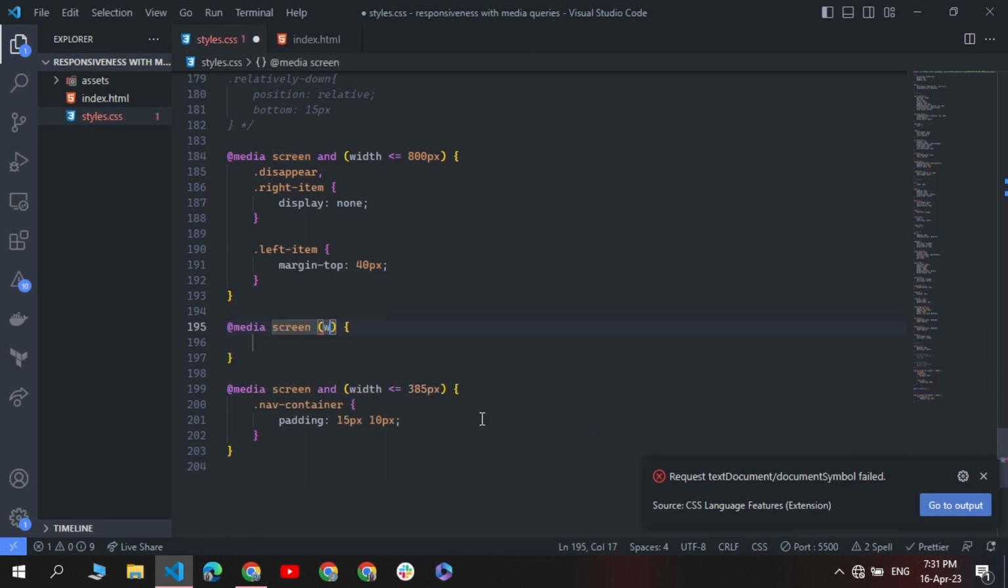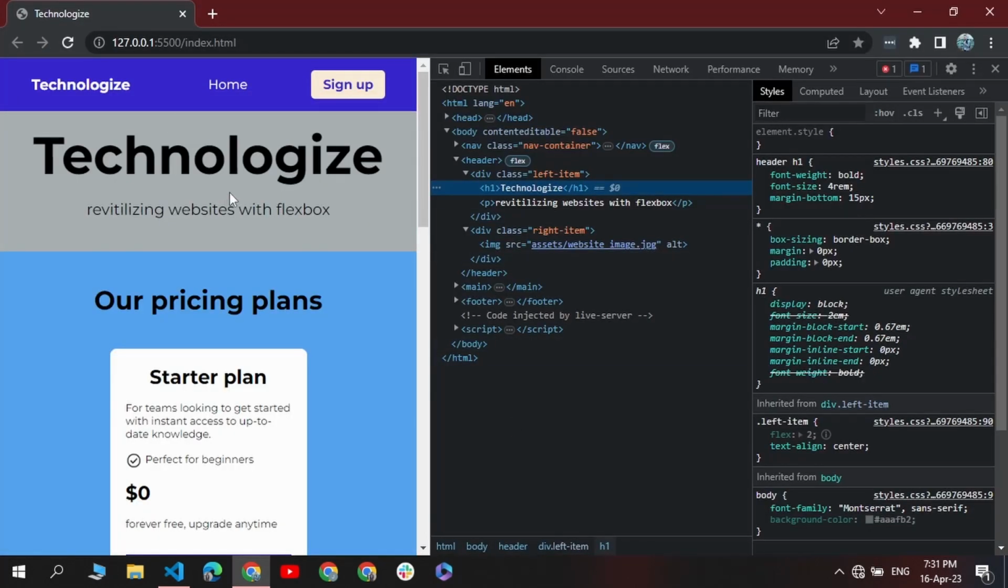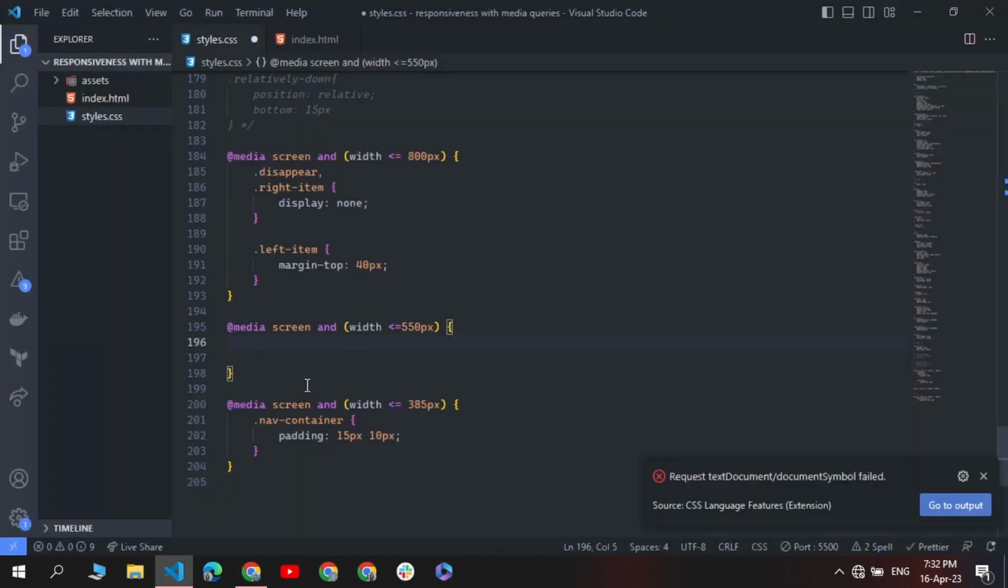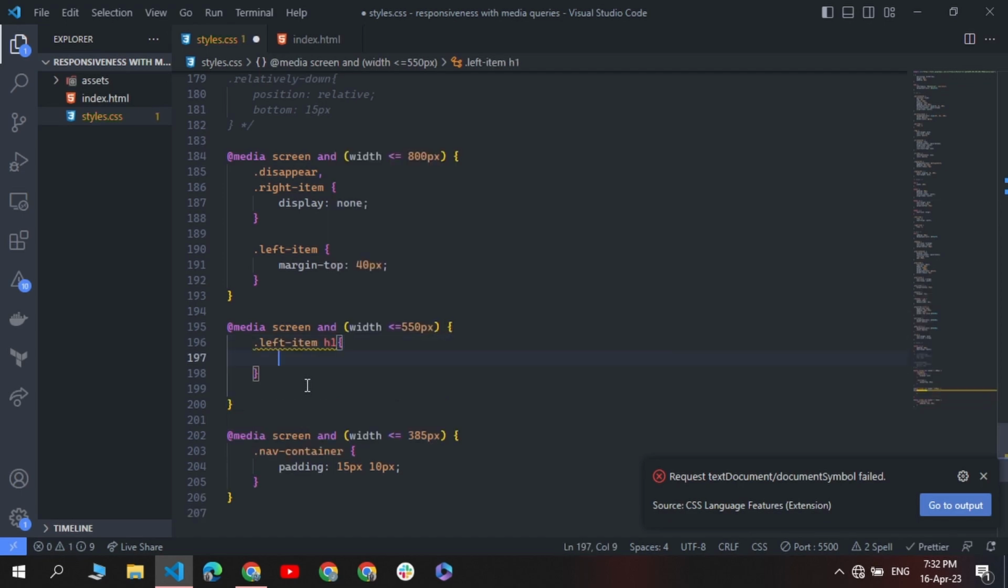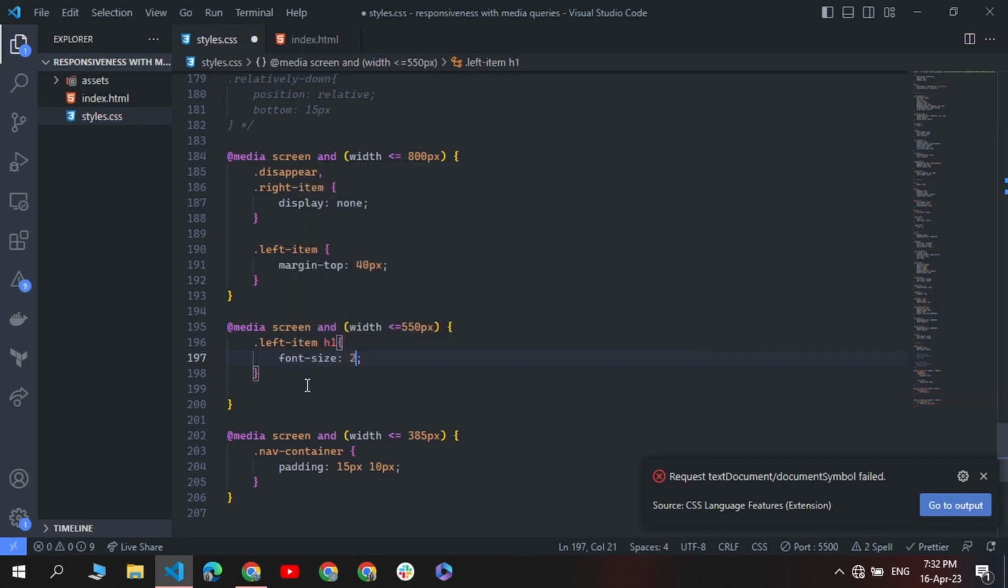and when the width is less than or equal to 550 pixels, what I want is this technologize h1 inside this div, left items div. So I'm going to select the h1 inside the left items div, and I want its font size to now be 2 rems instead of 4 rems,